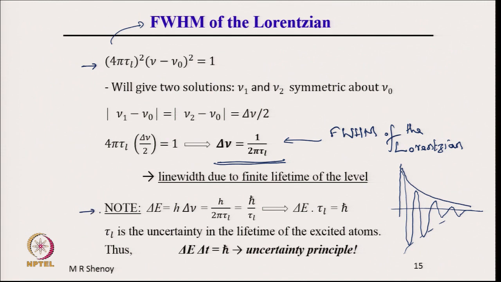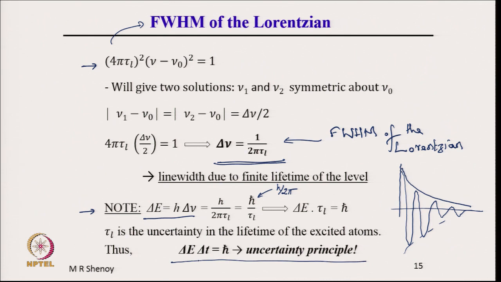Note, delta E is equal to h times delta nu, because E is equal to h nu. So, delta E is equal to h delta nu, which is h divided by 2 pi tau L, because delta nu is 1 by 2 pi tau L, which can be written as h cross by tau L. H cross is h divided by 2 pi, I suppose you are familiar. And therefore, this implies that delta E into tau L is equal to h cross, and this is the uncertainty